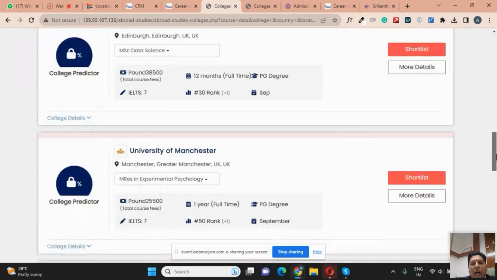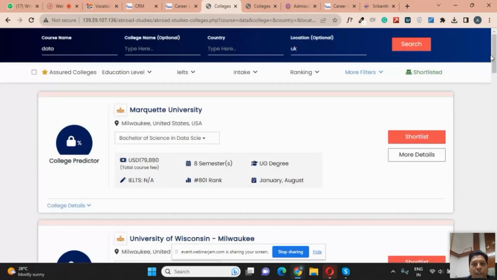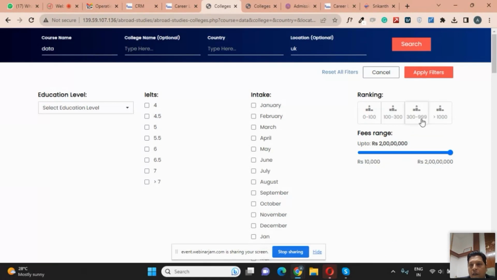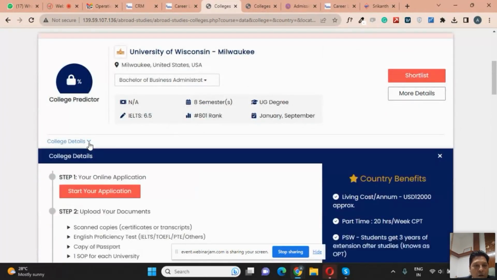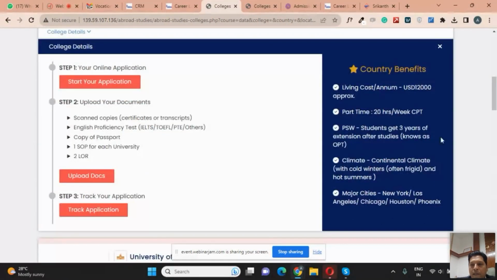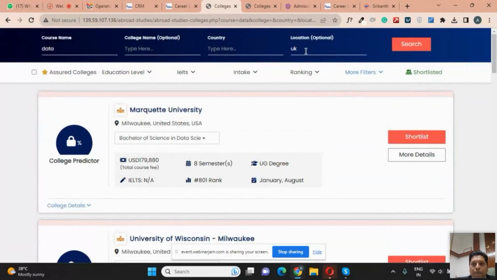Hardly any college is missed out across 22 plus countries. We have a huge repository of colleges available on the platform for international colleges, and many filters loaded. Based on these filters, a candidate can shortlist. The interface is ultra simple. College information, list of documents, all the information will be available. A student can filter based on multiple countries, multiple rankings, and multiple IELTS scores,